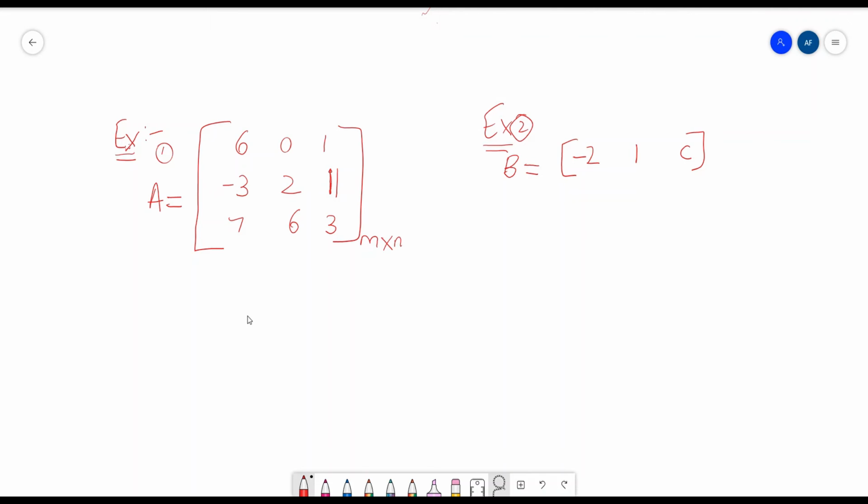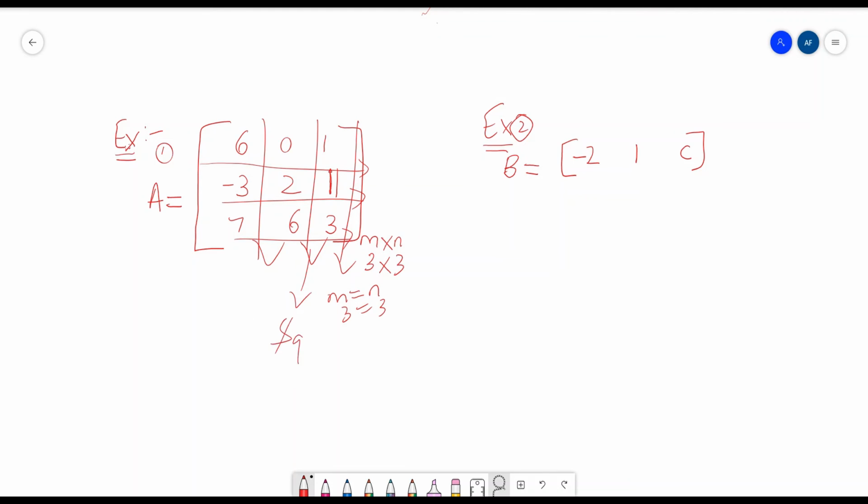M indicates the number of rows: 1, 2, 3. So 3 rows are there, cross n: 1, 2, 3. So 3 cross 3. Since m is equal to n, the number of rows is equal to the number of columns, so this matrix is a square matrix.